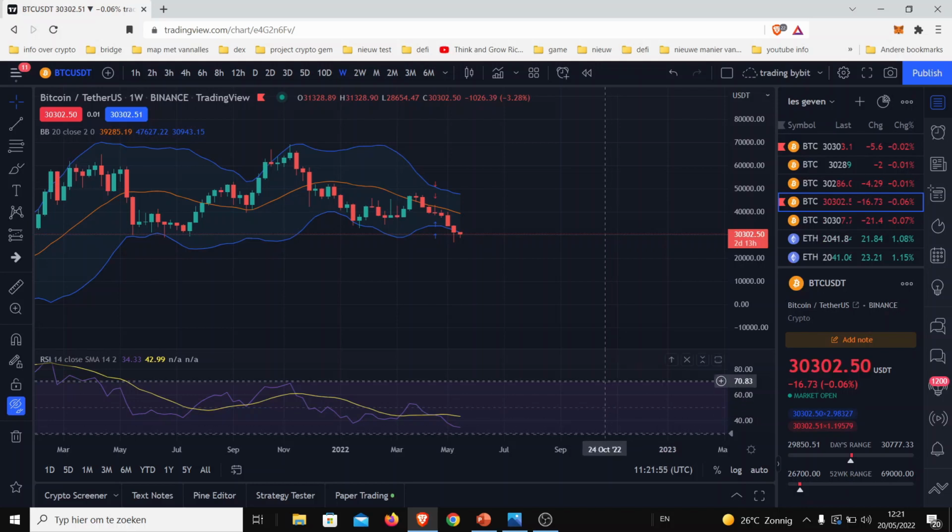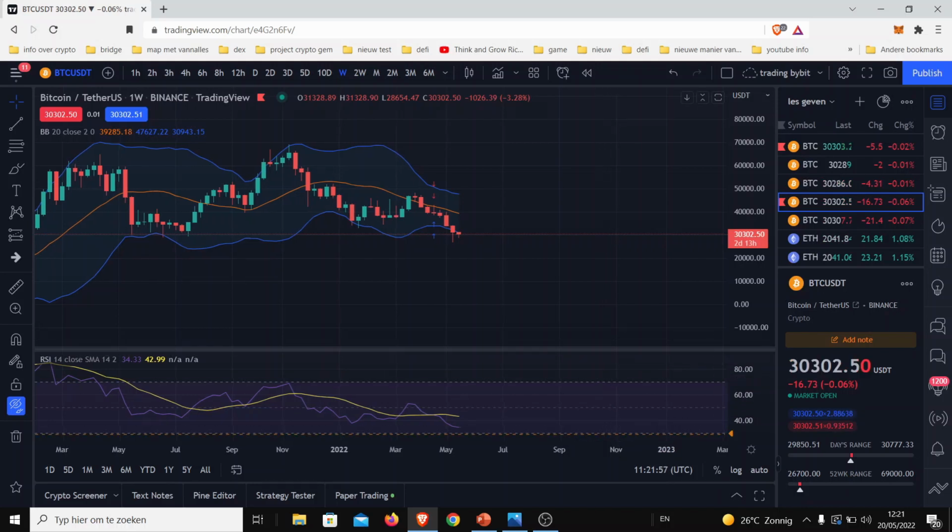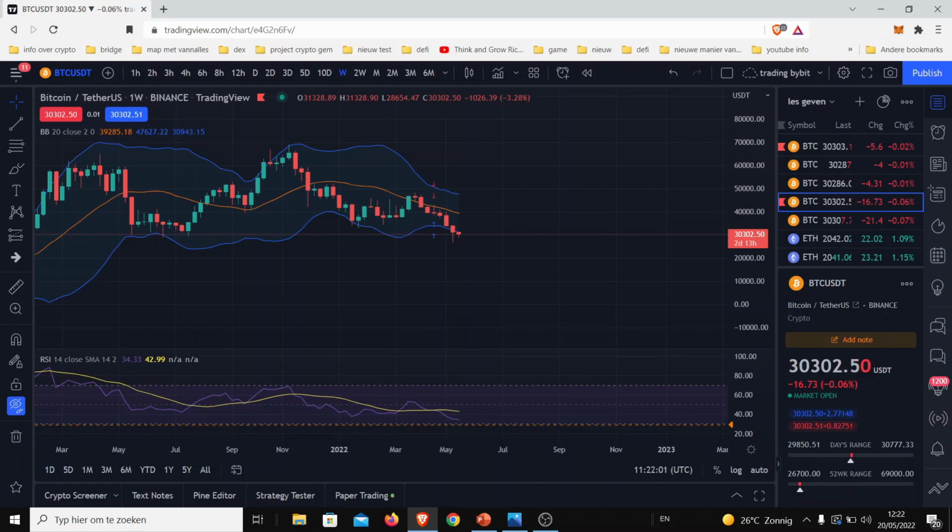If the RSI ever goes beneath this, I get an alarm on my phone, so you don't have to be looking at it, but it's very easy to have. So I always put one around 20, around 30, so that I know if it hits that point, it's a nice time to start looking at the charts, because you will normally find a nice entry point. Especially if this is on a weekly candle,